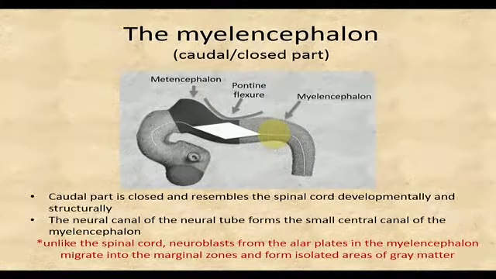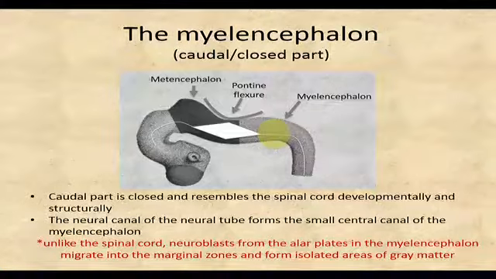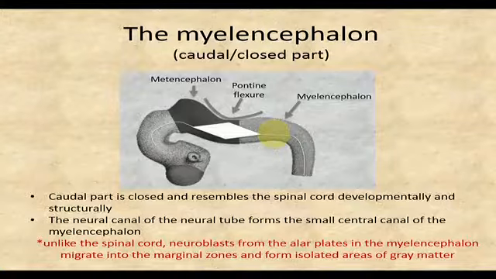Okay? And so the closed part is referred to as the central canal of the medulla oblongata, and it looks like the central canal of the spinal cord, and is oftentimes nondescript when you're looking at a brainstem section. So you might think it looks somewhat like the spinal cord, and maybe you're in the spinal cord, but you'll see other features that give it away, different nuclei that are not shaped like the dorsal and ventral horns of the spinal cord, and then you can think, this must be the medulla oblongata, and that's probably right. So